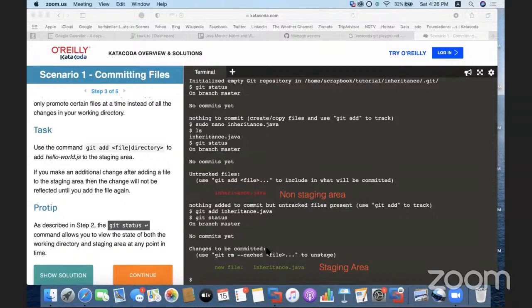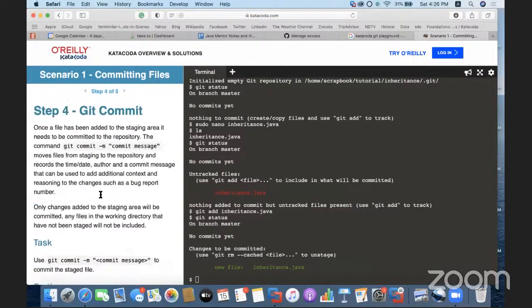अब हमने git status कर दिया, got to know that कि स्टेजिंग एरिया क्या होता है। ठीक है, now what we will do, let us just go to the next part. ठीक है, अब नेक्स्ट पार्ट में क्या होगा, हमने 3 स्टेप्स कंप्लीट कर लिए, अब हम 4th स्टेप पे आते हैं। 4th step पे we are going to perform git commit.